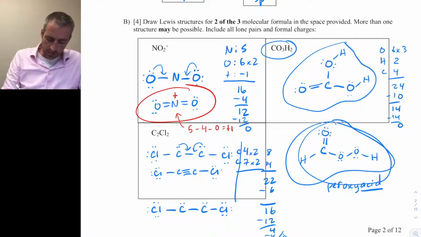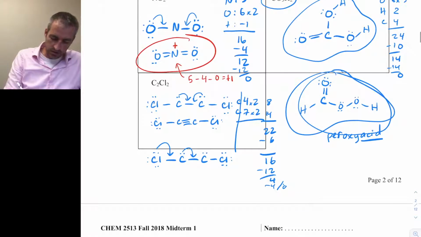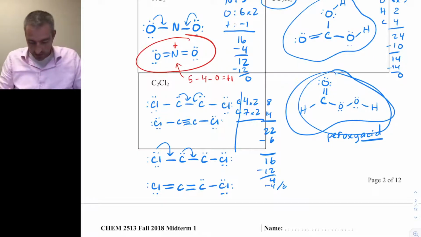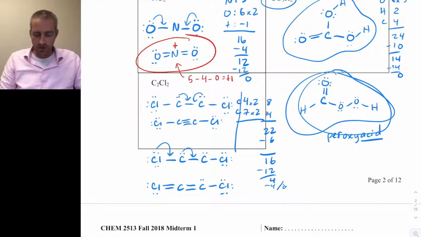And we could bring maybe one of these down and one of these down. And we get kind of an ugly looking structure if we do that, where you have Cl, C, C, Cl. Now, that's a legal structure, but it's not preferred, and the reason it's not preferred is because if you